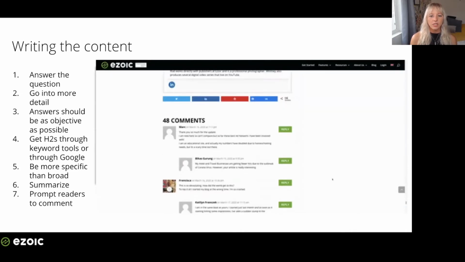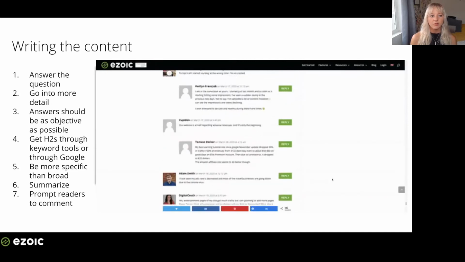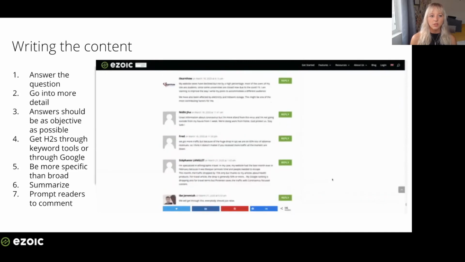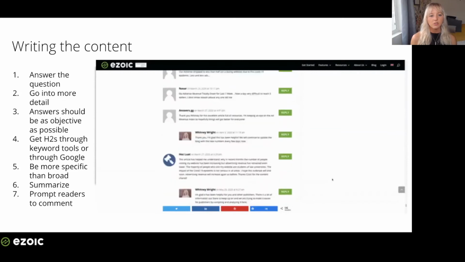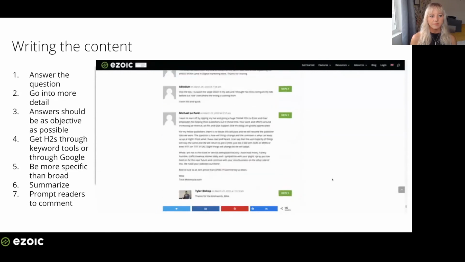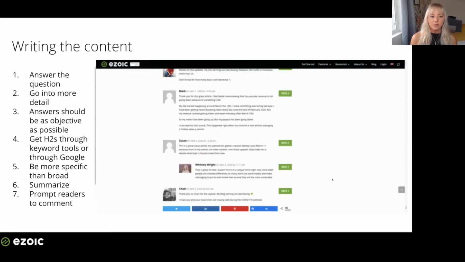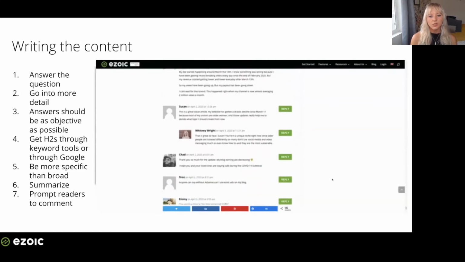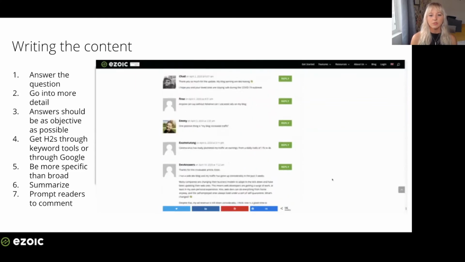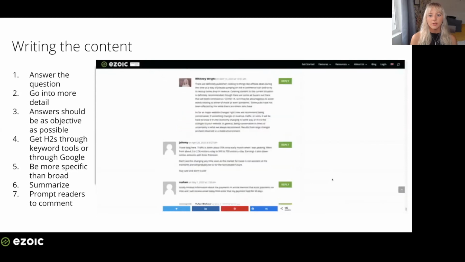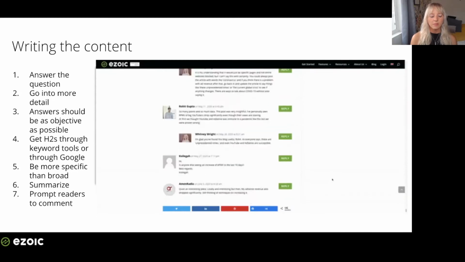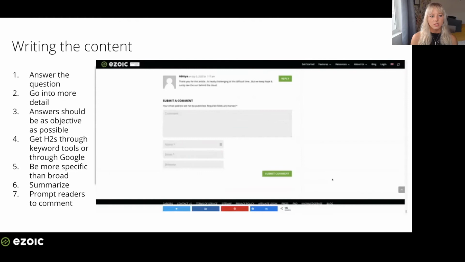So for example, a good H2 about the color of Saturn, or title to try to rank for, is what colors are the rings on Saturn. So just getting a little bit more specific there. Not all your H2s have to be questions though, but asking and answering questions is very important to being able to dynamically target queries that could allow you to immediately rank in the top position of Google search.